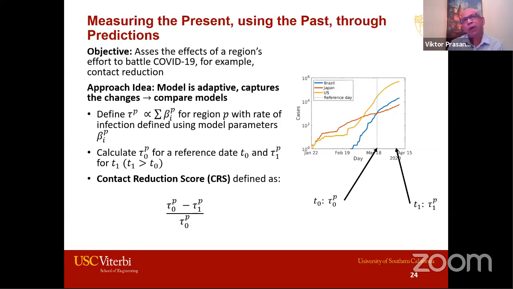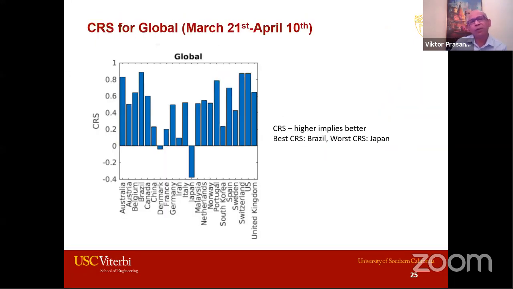So essentially, by looking at the model itself, how the model is evolving over a period of time, we can use that as a window to understand what is happening in a particular situation because of a particular social order at that point. I'm just showing here the contact reduction score metric that I defined for the case of the global scenario,